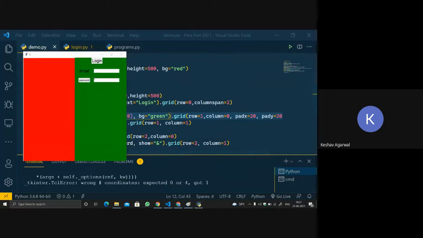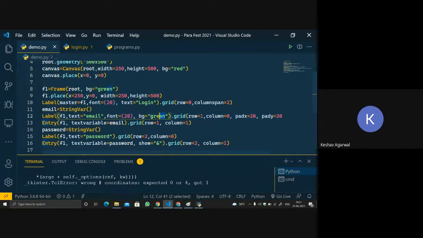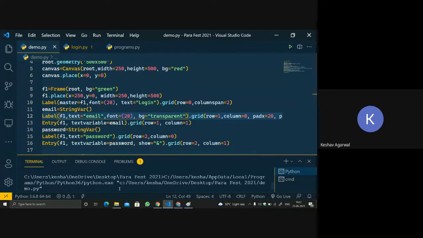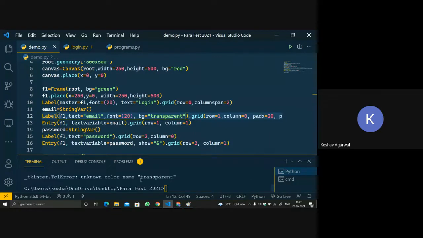Or you can also, I think, transparent is also a thing in it. If it's not, then I am coding in HTML. There is one word called transparent. Okay, so there is no such thing as transparent. Yeah, it is in HTML. So you have to use green.